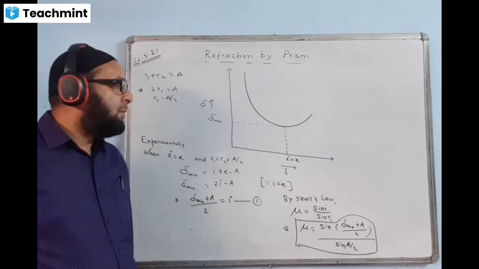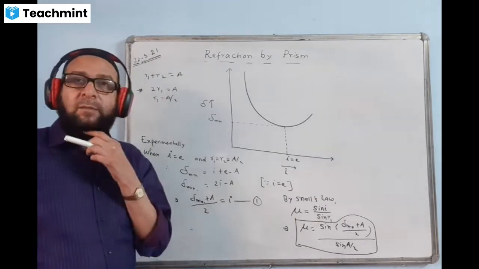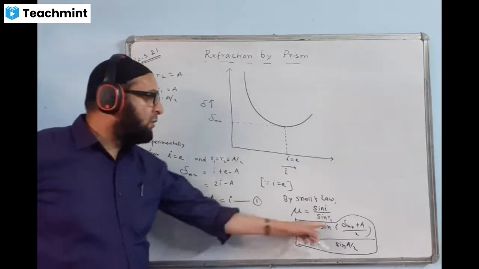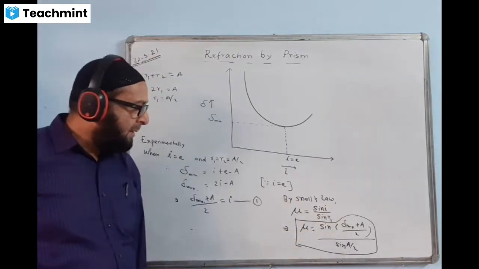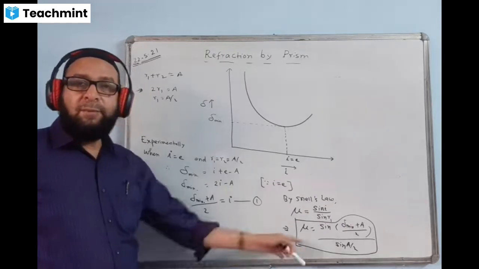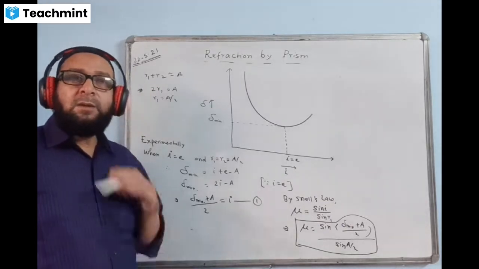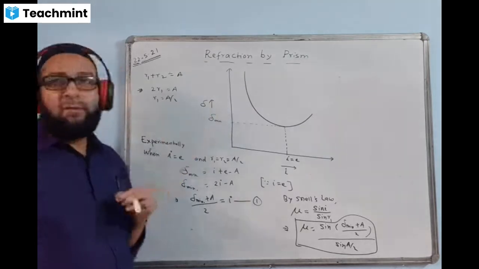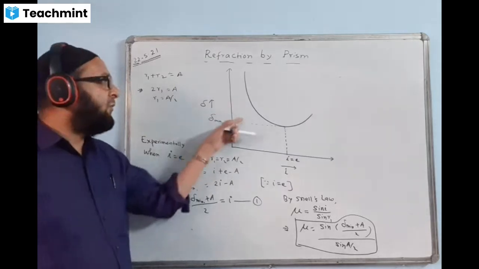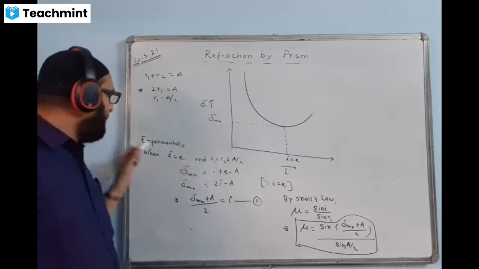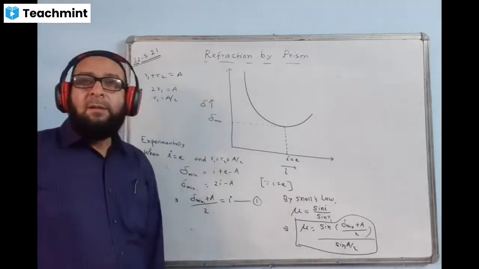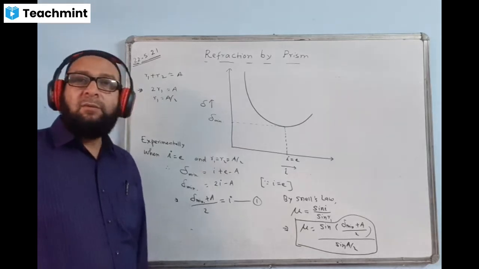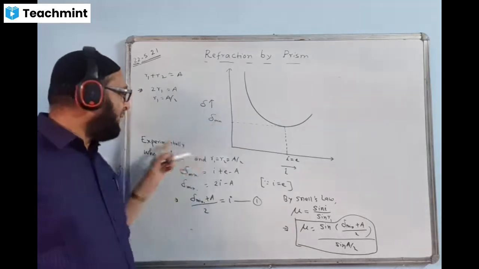Your question may come: show that for a prism of refractive index mu, mu is equal to sine of delta minimum plus A by 2 divided by sine A by 2. This proving may come and it may carry 3 marks. When it carries 3 marks, then you can begin from this graph. First, that delta varies with I according to the following graph. Draw the graph, then right from here you begin and from here till here you will complete. Then you will get 3 marks. If the question is carrying 3 marks, you begin from this graph and do from here until here.